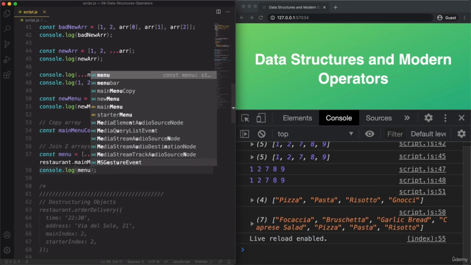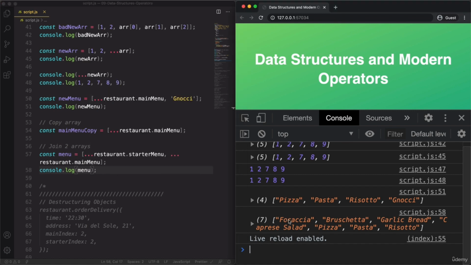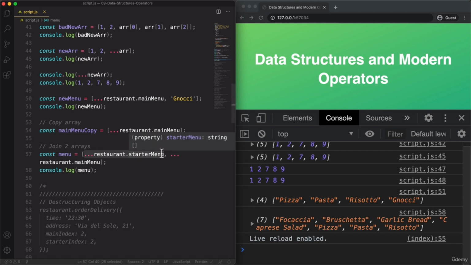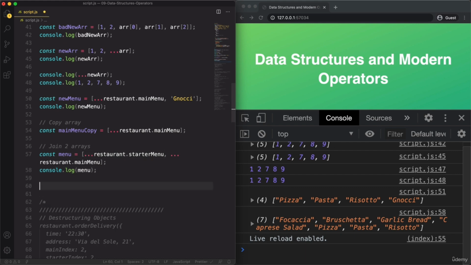And so now we end up with an array containing all the food items that are both in the starter and the main menu. And again, because here with this spread operator, we took all the elements out of the starter menu and basically wrote them here into this new array, and then the same with the main menu. All right, so I told you that the spread operator works on arrays, but that's not entirely true,